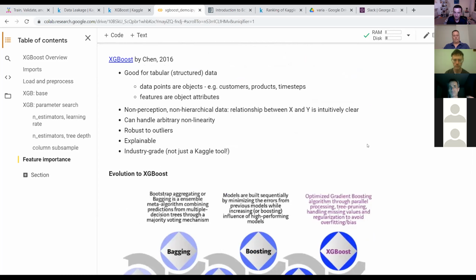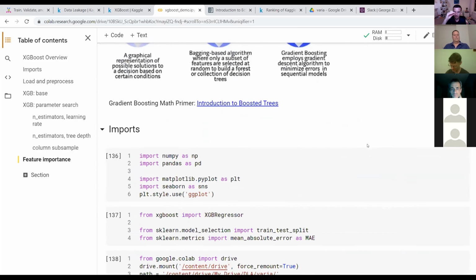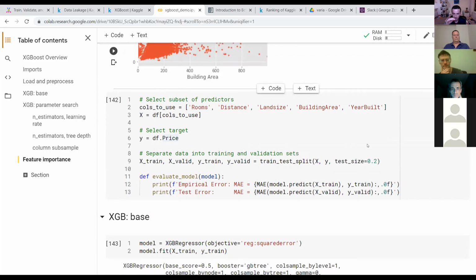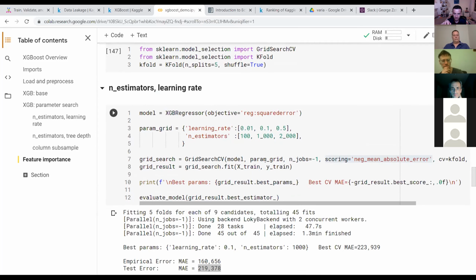Thank you, Dmitry. This was awesome, and thank you for sharing your notebook with us. I had a question. I loved your approach where you did a different grid parameter search for different parameters. You started with learning rate and number of estimators, then you found the best ones, you plugged them into your next step, and you played with other features. Question for you is, is the order important in which you do this, or does it depend on your scenario?